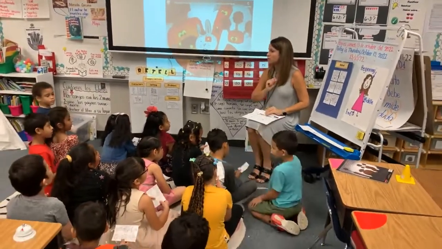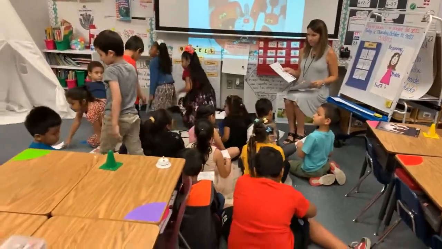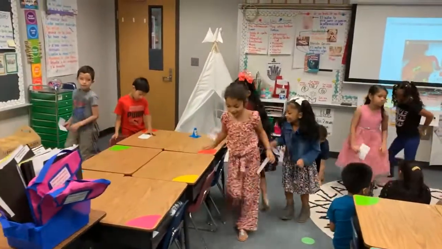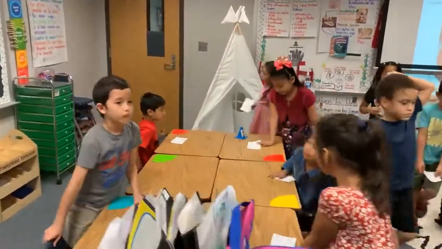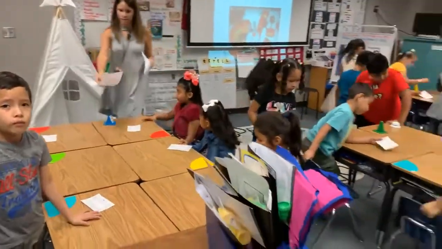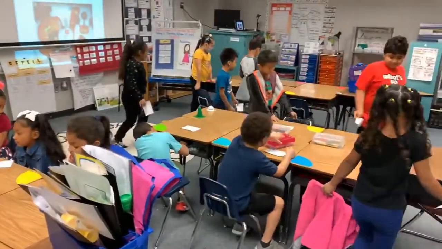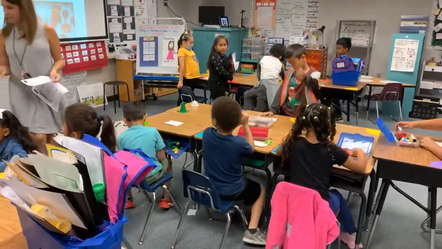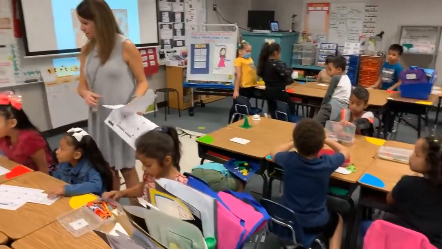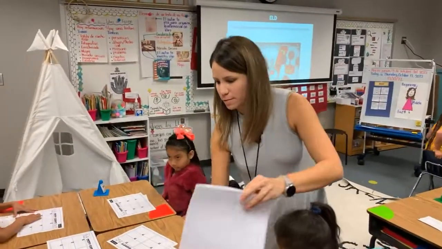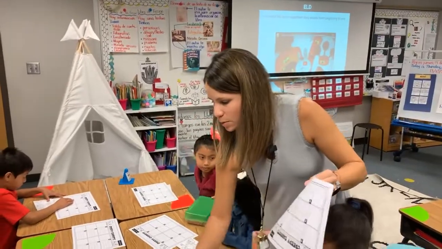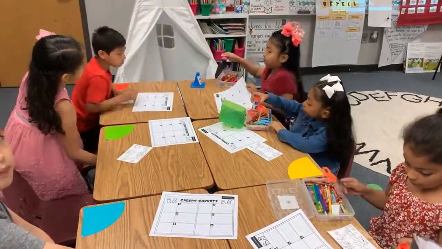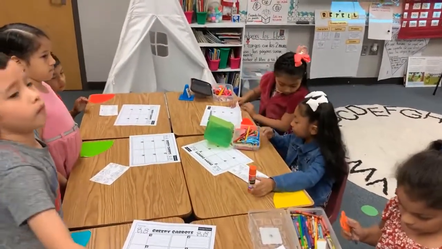So blue table, go to your desk. Green table. Yes, sir. Yellow table. Remember, you need scissors, glue, and a pencil. You can start in Spanish, and if you remember some words in English, you can use them. If you want to know some words, I can help you. Okay. First, you need to organize the events in order.